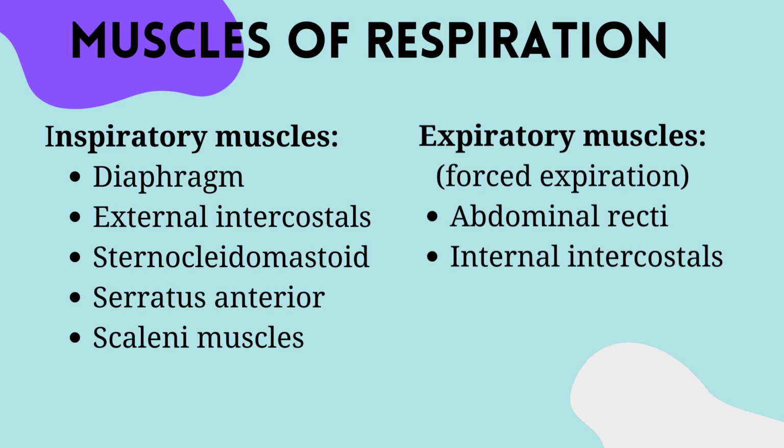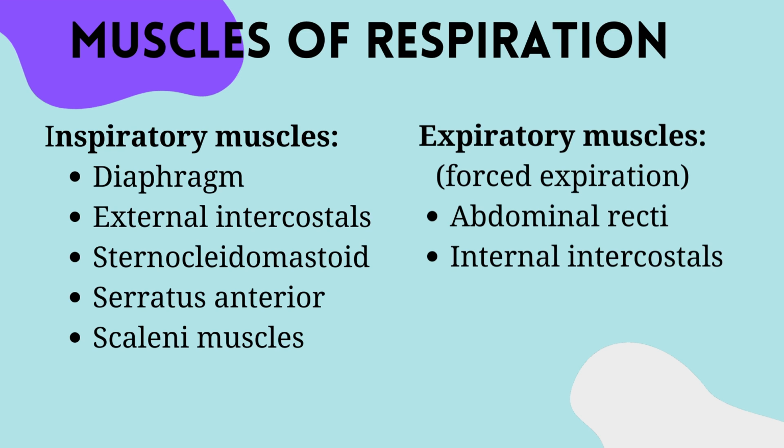So external intercostals elevate the rib cage. The sternocleidomastoid again is connected to the sternum and the mastoid process, so it helps elevate your sternum. Then the serratus anterior is also a muscle which is present on the ribs, which helps elevate it. Then the scalene muscles, they attach to the first two ribs, they also help elevate the ribs. They are like your accessory muscles, but the main muscle is the diaphragm. And then the second most important is your external intercostals.